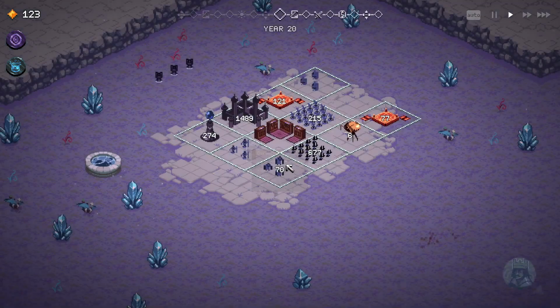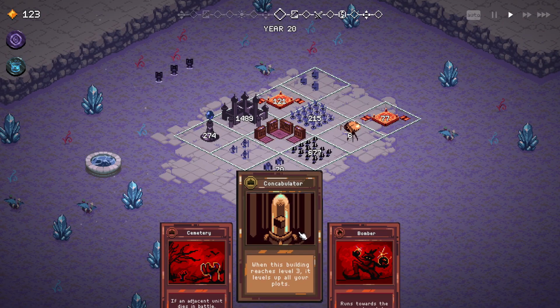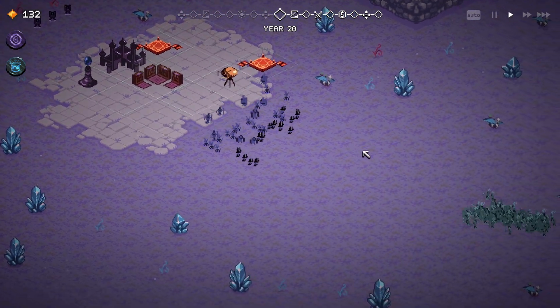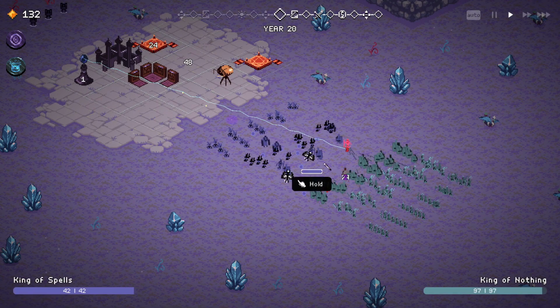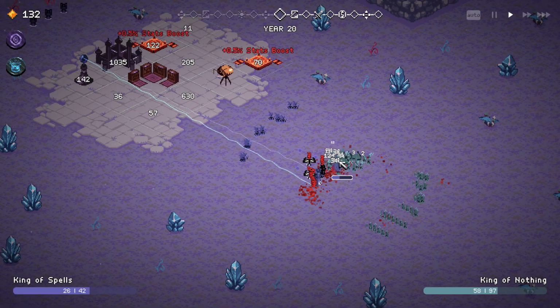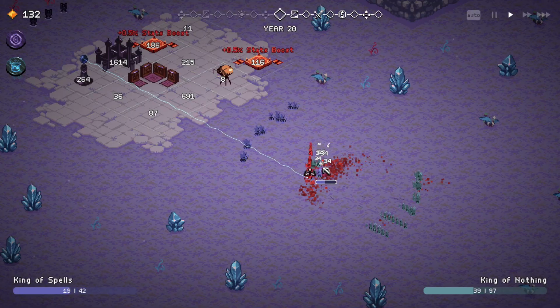I'll take this one, but I'm pretty much just getting rid of one of these at this point. Oops, there we go. Yeah, it's a bit frustrating because I really would like to get rid of that library, but until I get a card that allows me to do that, it's a bit tricky. These battles are getting very, very close, so